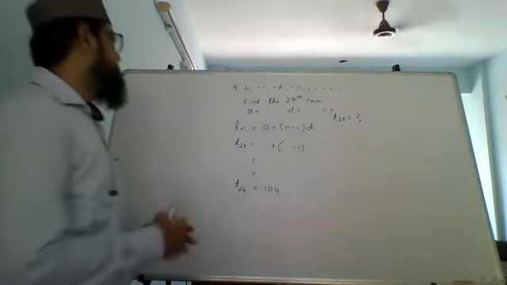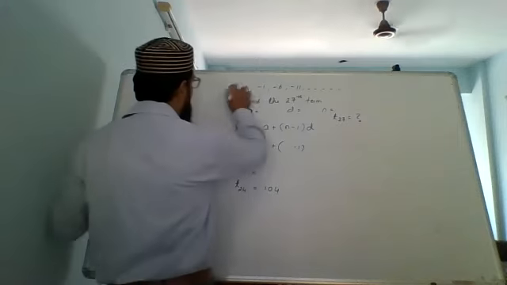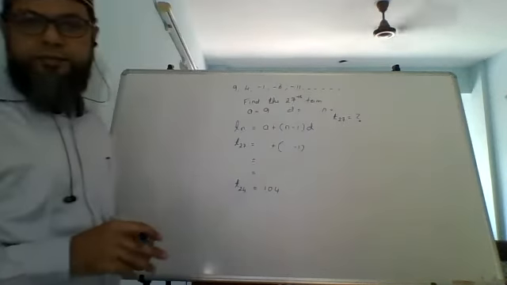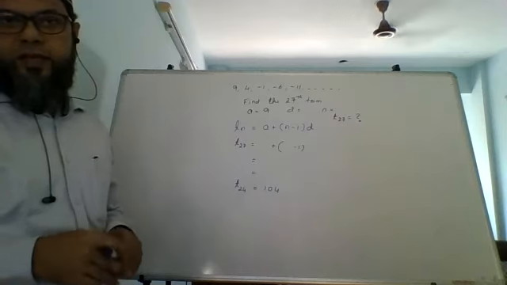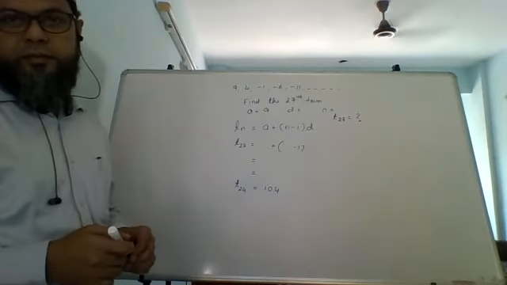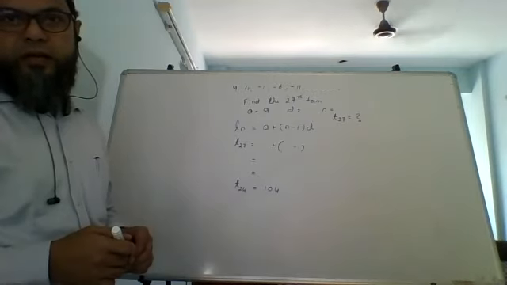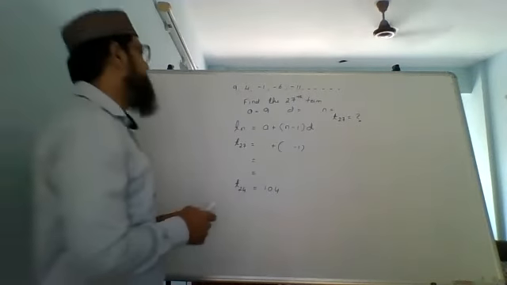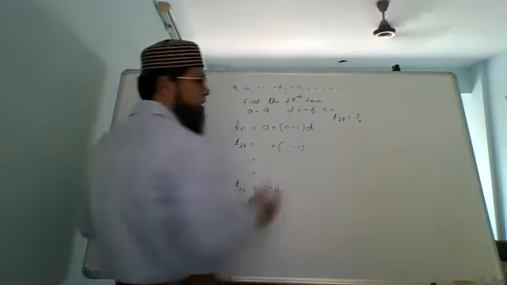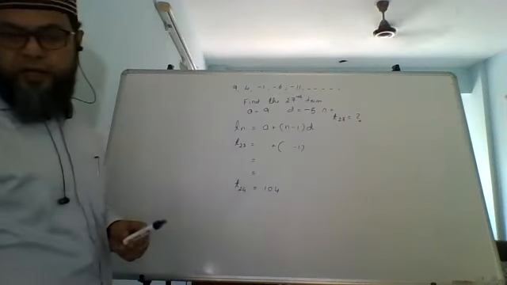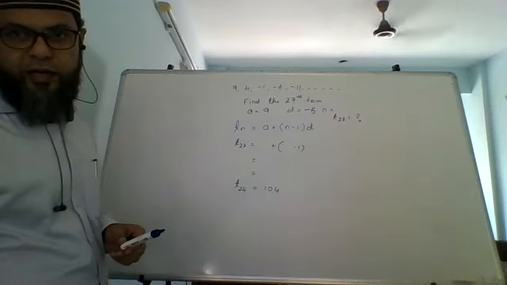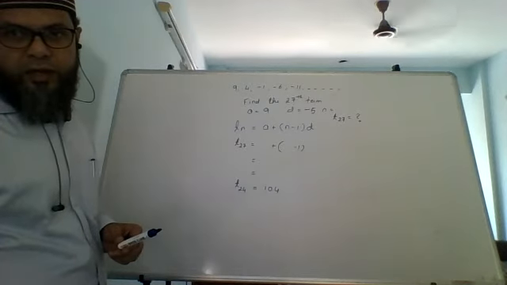So, first step, I'm sure all of you have done right. A is 9, correct? How much is D? Hadi, how much is D? 5. Minus 5, right? That's where people have made mistakes. Some have taken 5, some have taken minus 5. It is minus 5 and not 5. If you have taken it as 5, you have made a mistake. That's where you are getting it wrong. Okay? That's where you have to be careful.